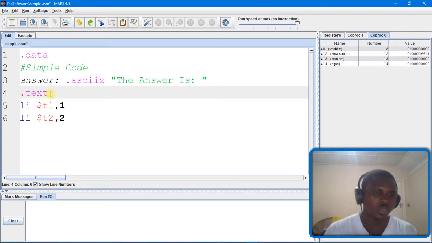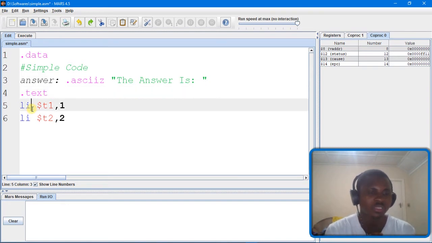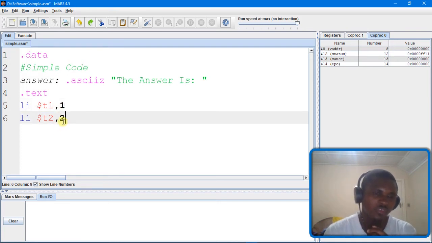.text. So here you see we have LI, which means load immediate value, and then here we have $t1. As I said, this is a register that we have, $t1, and then you have a 1 here, which is an immediate value. So here it's a load immediate value. We are loading a certain value into $t1, and then here you have the value 2, which we are